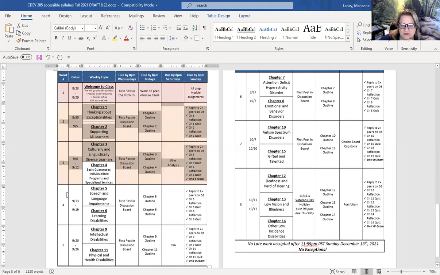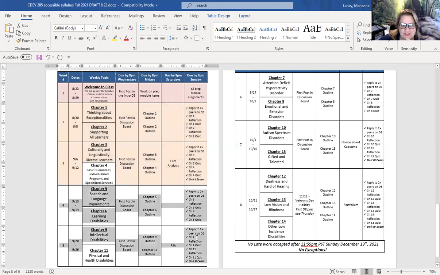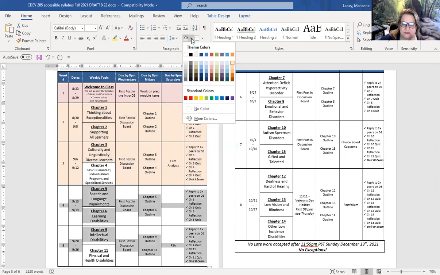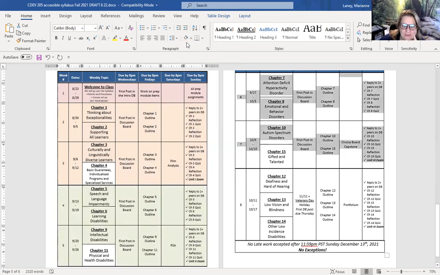Yellow's a little funky though here. So let me skip. I'll go red, orange, green. So first unit is, so we'll make it like the pink, and it has to be really light colors or else it's just going to be weird. Let's do the green, and then we'll do blue, purple.